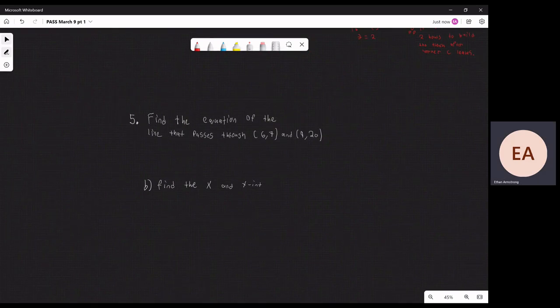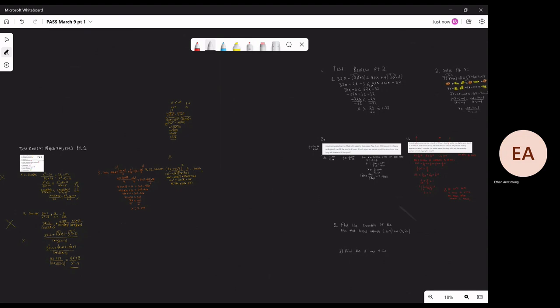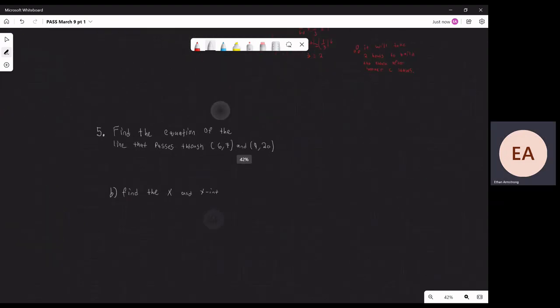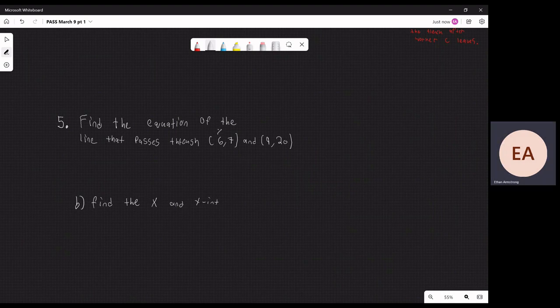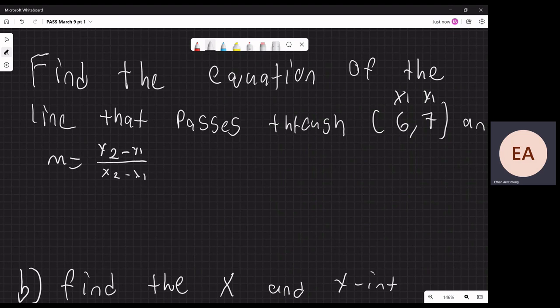All right, now we have our last equation here. Find the equation of the line that passes through (6, 7) and (9, 20). So what I like to do is label my coordinates as x1, y1, and x2, y2. So the slope equals y2 minus y1 over x2 minus x1, which equals